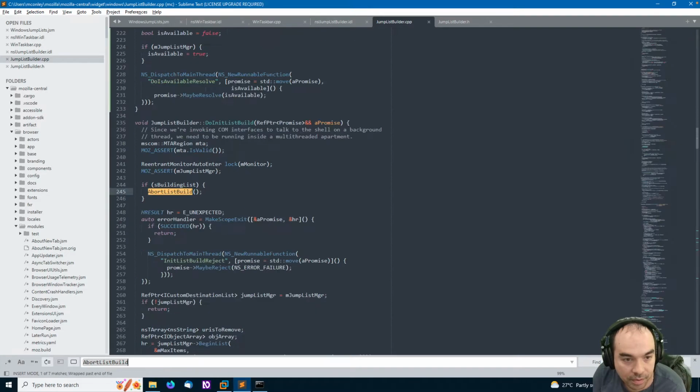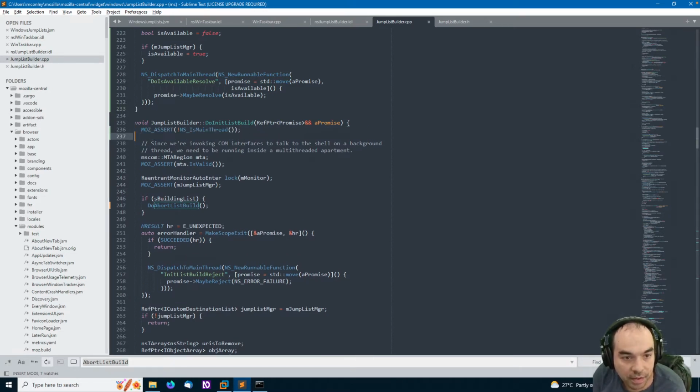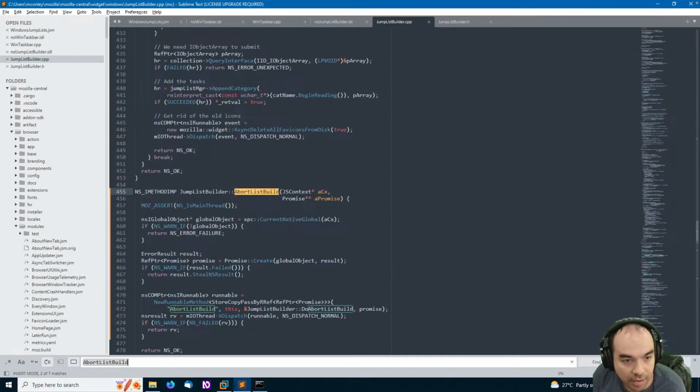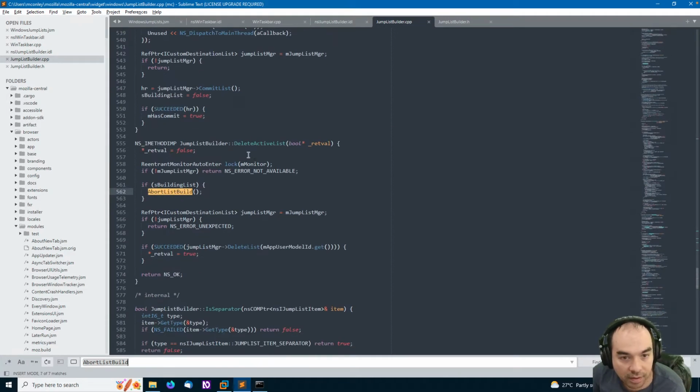Abort list build. This one, which is off of the main thread, we can do abort list build. And we can actually put that assertion there. And then this other call in delete active list, we actually don't want to resolve.